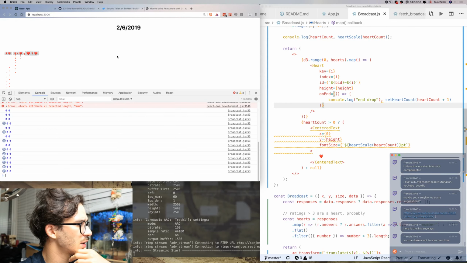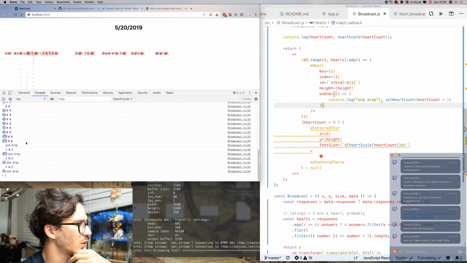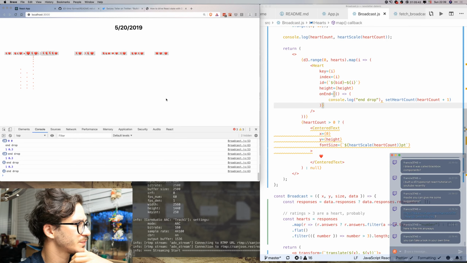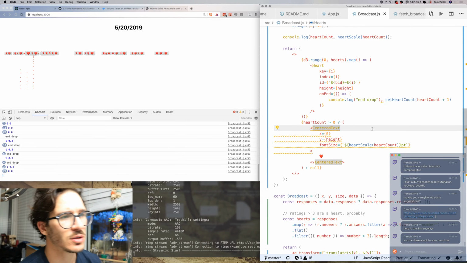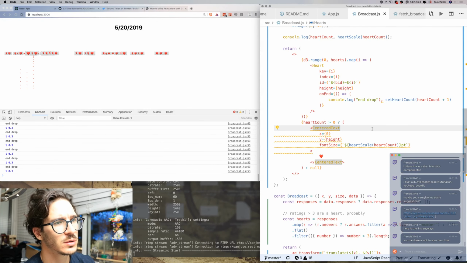So the onEnd is never called. Oh, and onDrop. So onDrop is being called, but it's not doing things. The idea was that onDrop would